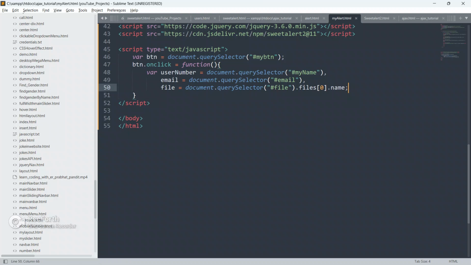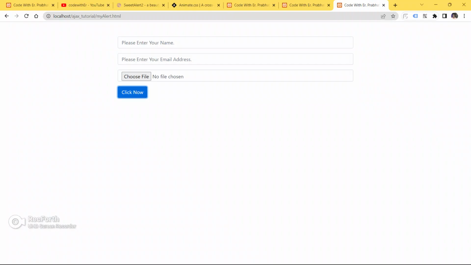So on click, first of all, now we have to check if user has inputted something into the input field or not. As of now, just comment this out and close this here.